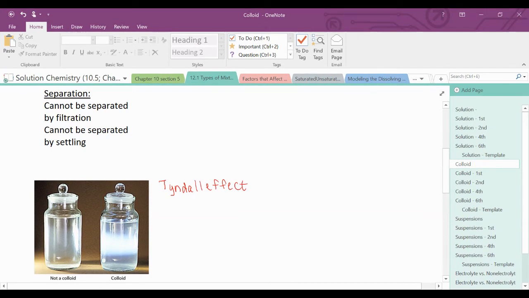And that's what we see in the image here on our left. What we see with the Tyndall effect is that these have particles that are just the right size